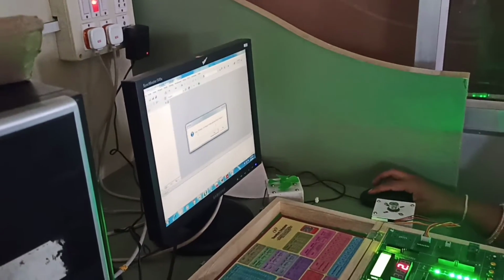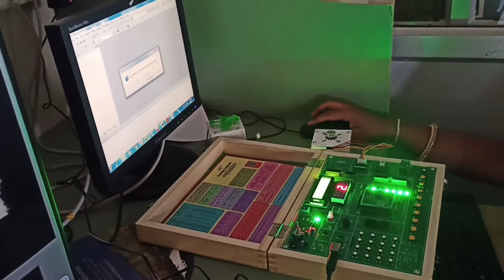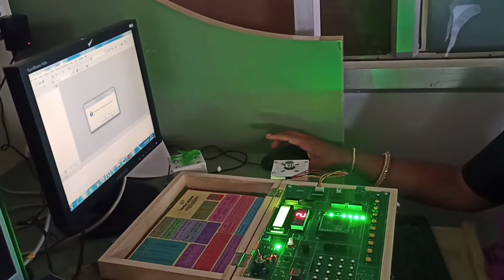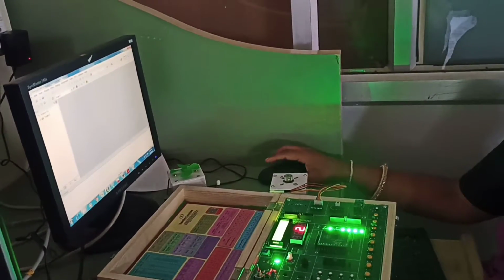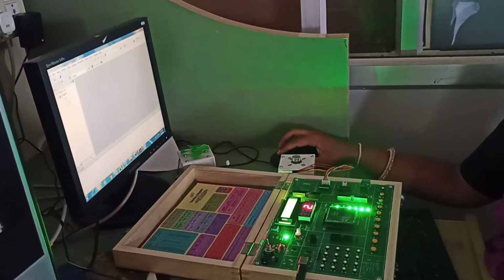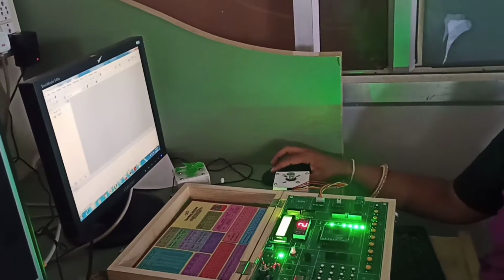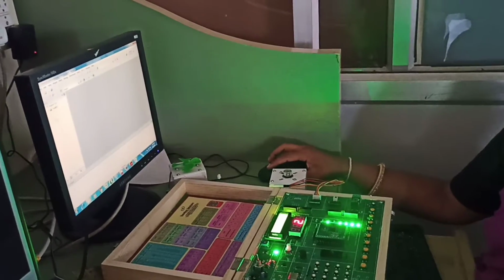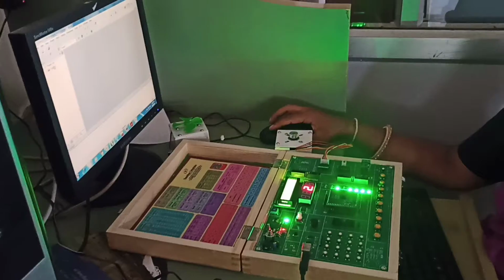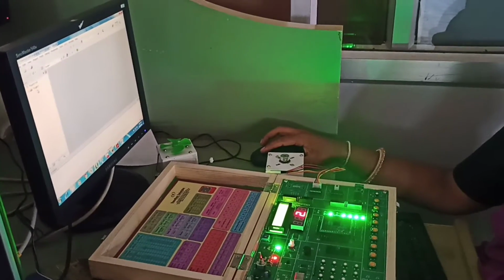Here we are going to add this project to the file project. Yes, you have to say yes, because we have to generate the startup file. What the startup file is, I am going to tell you later. Once we have done this, at the right hand side we will get a pop-up window, that will be the project window. Here the target will be selected by default.